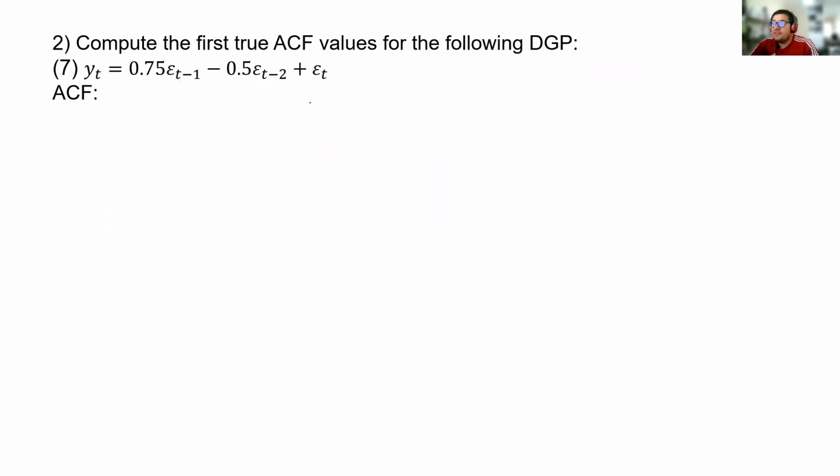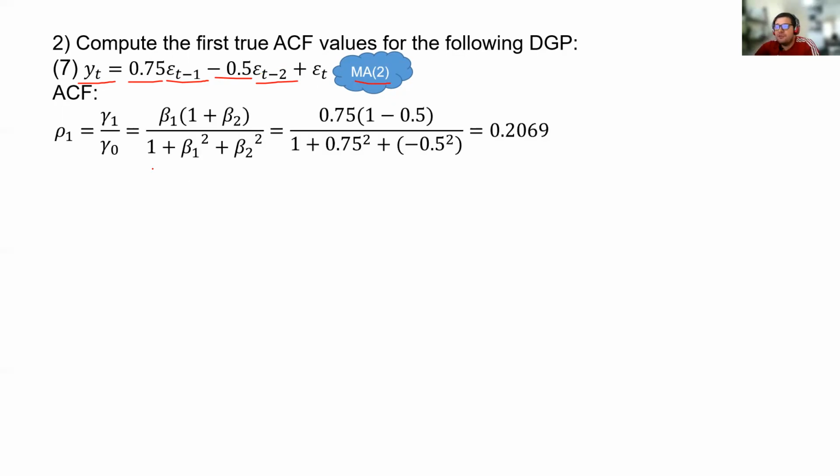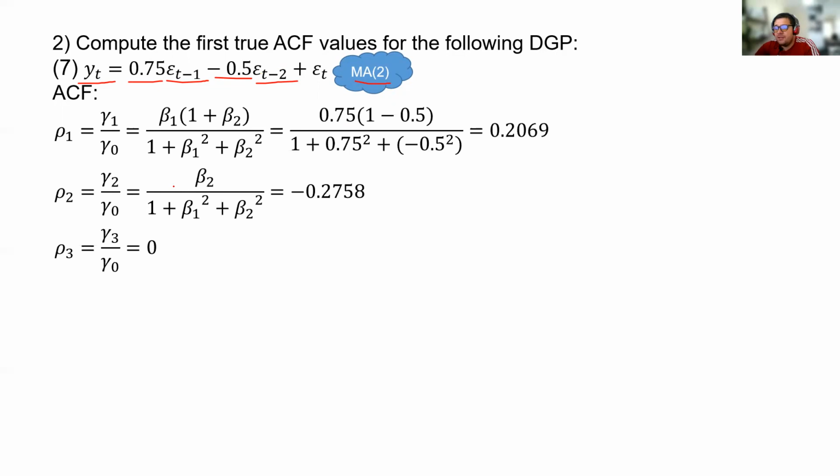The next data generating process is actually an MA2. So now we have two lag values of the errors as regressors for YT. And in this case, we have two coefficients, beta 1 and beta 2, that have different signs. Again, we did not work this out in our tutorial. We did this in a different location, but these are the equations for phi 1, phi 2, and then after